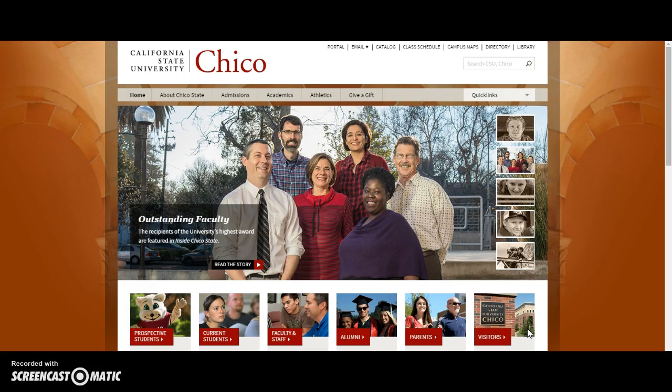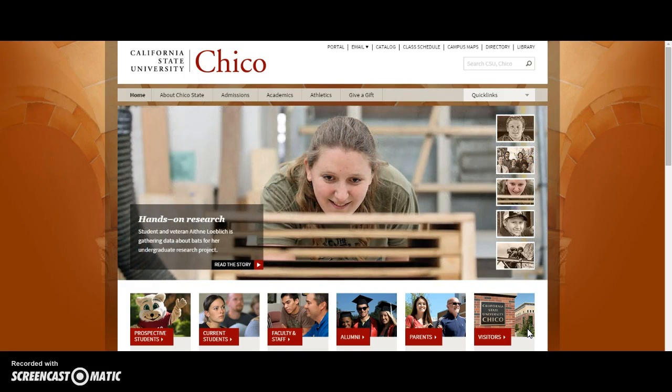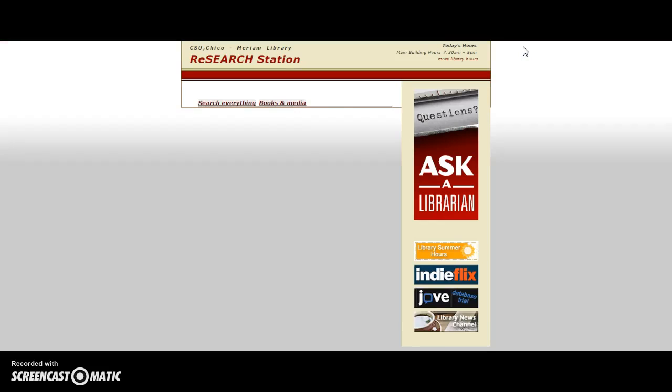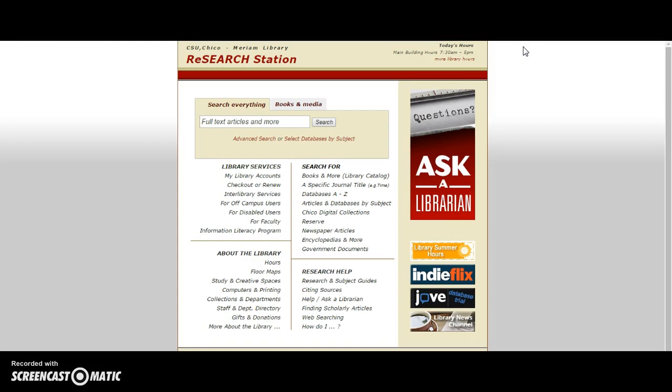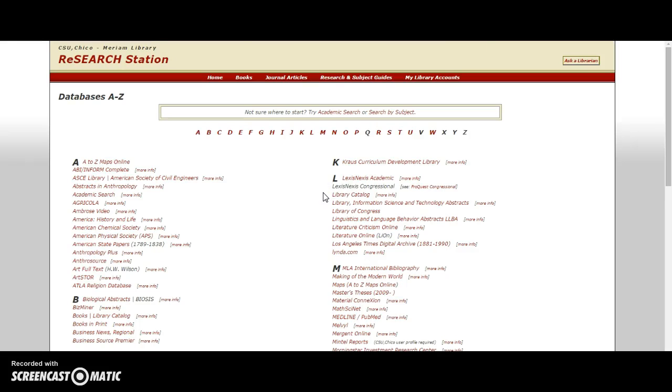There is one way around this, and if you're using articles directly from the library database, there is a great way to create your citations, and I'm going to walk you through that now through the screencast. What you have to do is go to the library database. So if you go over here to the corner on the top of the website and you go into library, and then if you're at the research station, if you pick databases A through Z and click on it, this